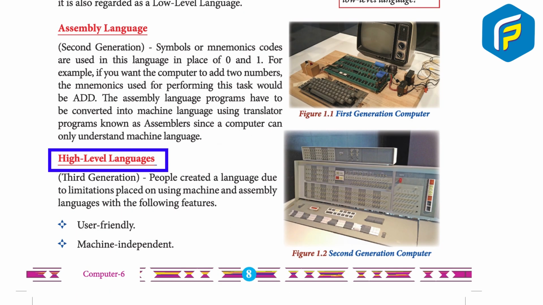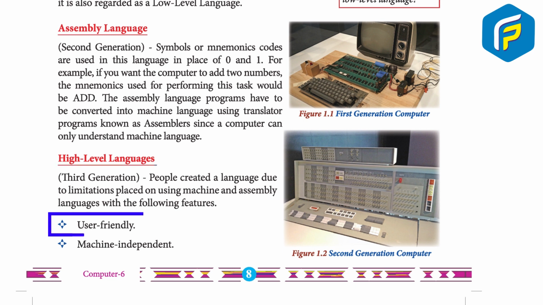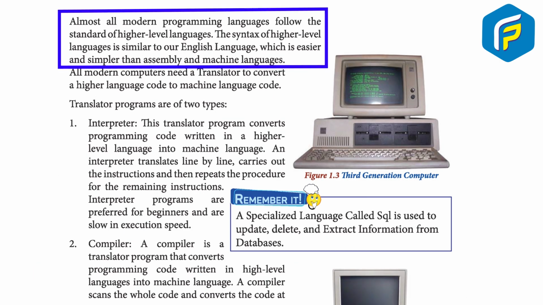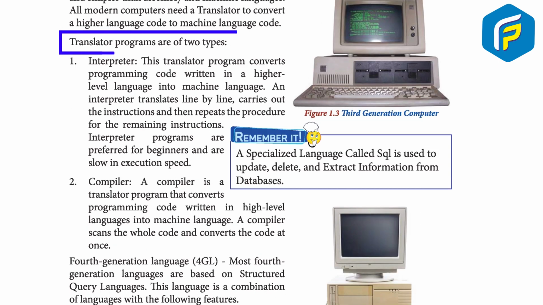High-level language, third generation. People created a language due to limitations placed on using machine and assembly language with the following features: user-friendly, machine-independent. Almost all modern programming languages follow the standard of high-level languages. The syntax of high-level language is similar to our English language, which is easier and simpler than assembly and machine languages. All modern computers need a translator to convert a high-level code to machine language code. Translator programs are of two types: